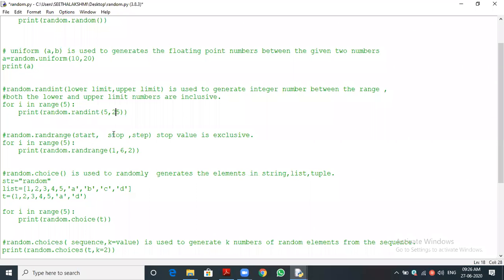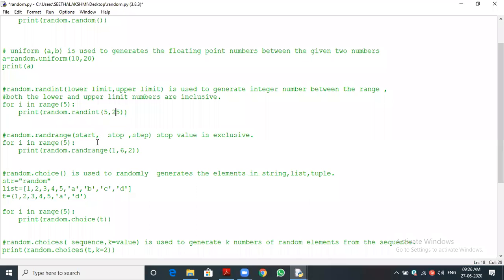So the stop value we should mention; it is mandatory. If we don't pass the start and step values, the default arguments will be taken in the function definition. You can now understand how the functions are defined in the function header, or how the built-in functions are defined.